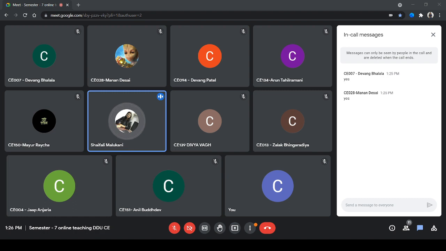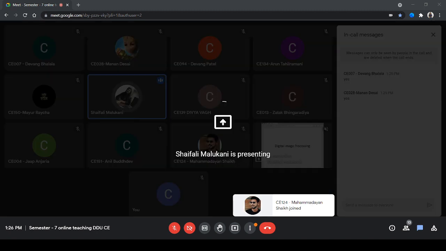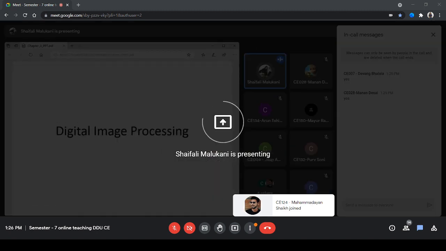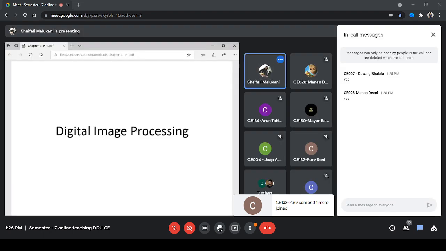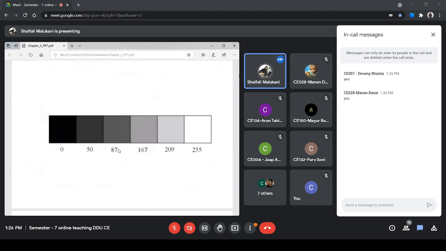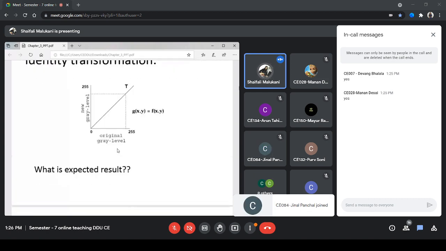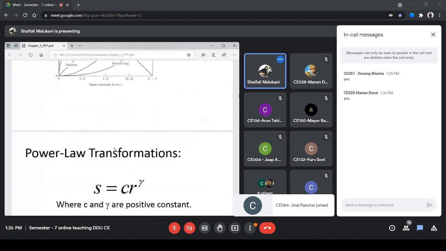So today we will start with our discussion on histogram. What is an image histogram? I think histogram is a very common word, and the concept might be known to you from statistics. If not, then we can definitely discuss it here. We can start the discussion from this point.